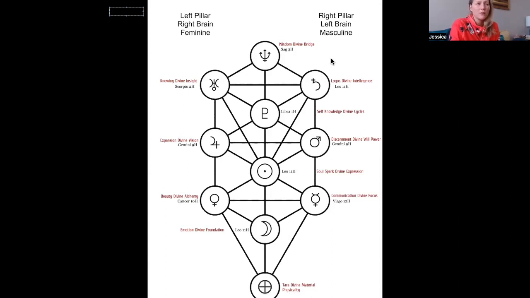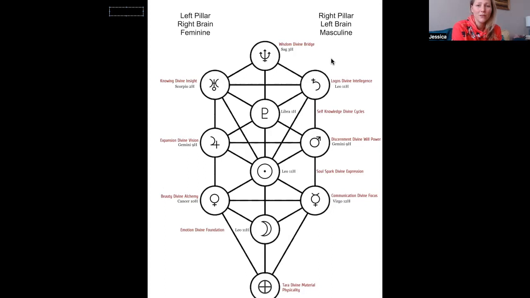I was recently dealing with a client who has nothing in their 9th house, and so for them, studying and comparing different systems really doesn't fall in their chart. They're not here mastering that. Their chart was more about mastering the knowing, that divine insight, the epiphanies that come in, and really fine-tuning that. But for me, I have a lot of 9th house energy, and communicating that with the Gemini. So this is part and parcel of what I do and how I come to my willpower, how I come to my expansion.